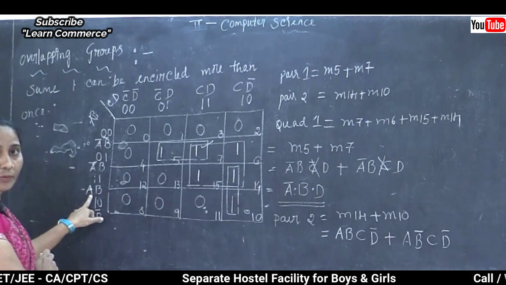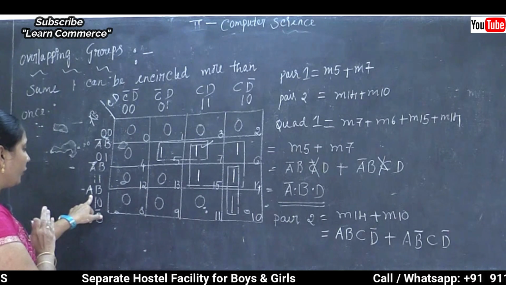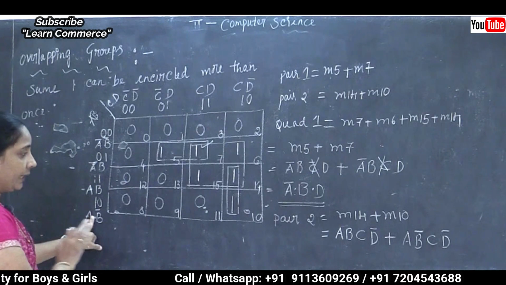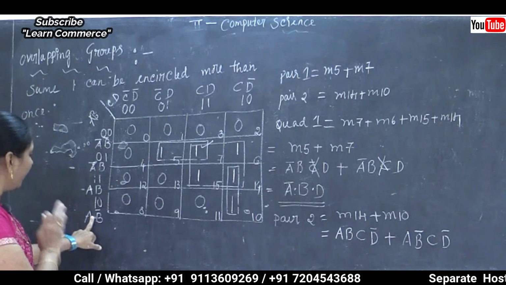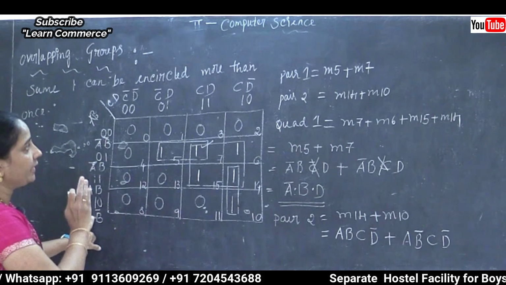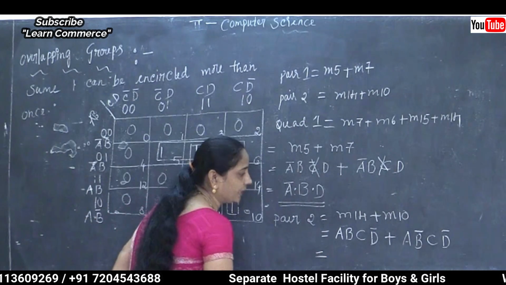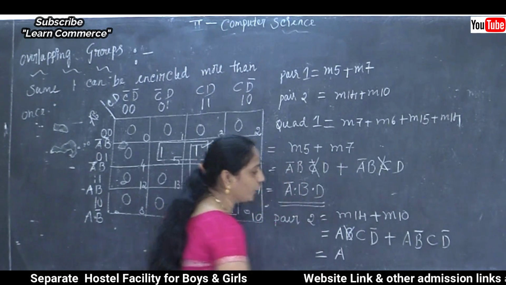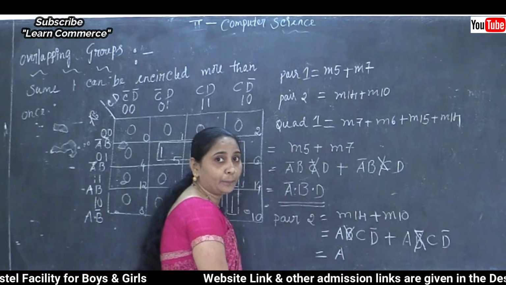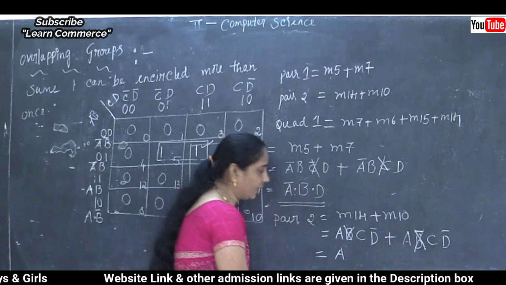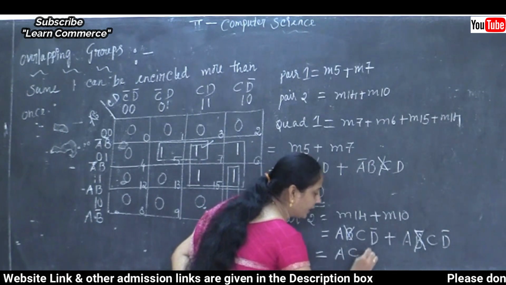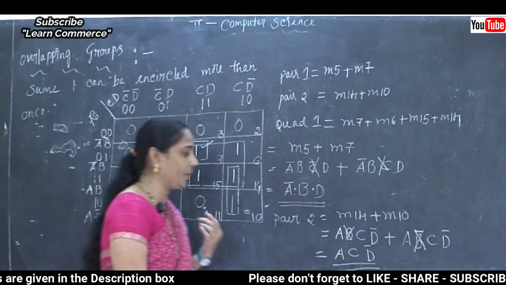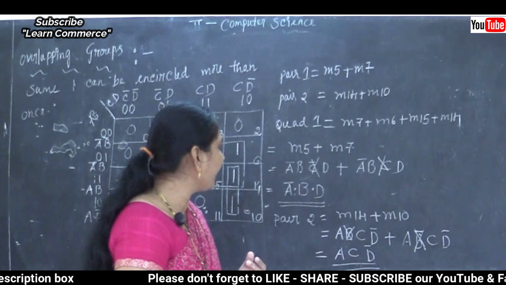14 value: left value AB, top side value C complement D. Then the 10 value I need to take: A complement B and C complement D. Now I am going to make the comparison. A as it is, but which value is going to be removed? Complement B and B are going to be removed from this expression, and C and complement D have no changes. That means we need to take this value.